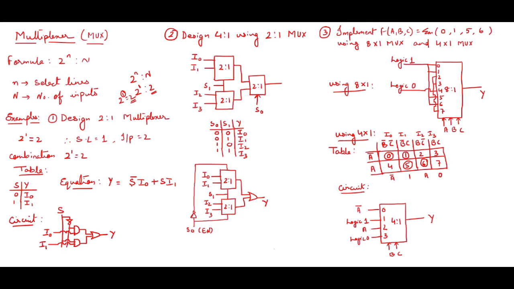Basing on this truth table I have designed the equation over here. You can see Y equals S bar I0 plus S I1. Why S bar? Because in the truth table this is 0. And S is what? 1, so it is S I1, right? You could otherwise take S bar I1 plus S I0, but that will not be good because I want to go in a sequential way, so I have taken it this way: I0 then I1, right?